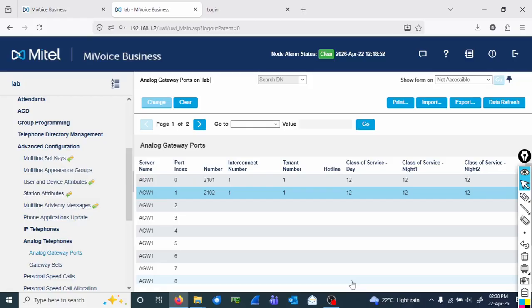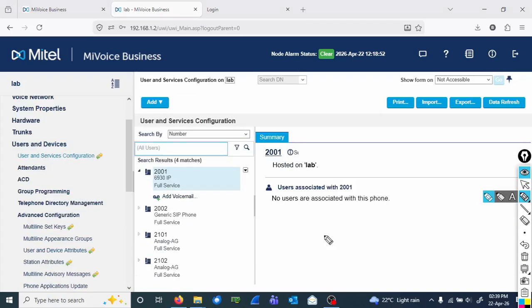We can confirm that we do have these extensions and what type they are. My system is a bit slow, so we can see we now have those 2 extensions that we configured here, 2101 and 2102, and they are